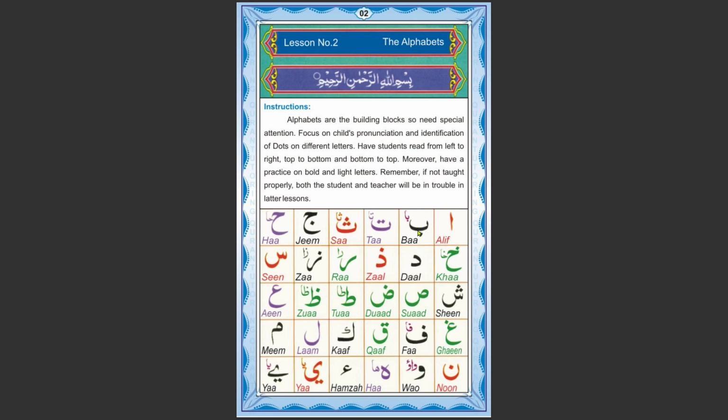Alif, ba, ta, fa, jim, ha, kha, dal, zal, ra, za, sin, shin,